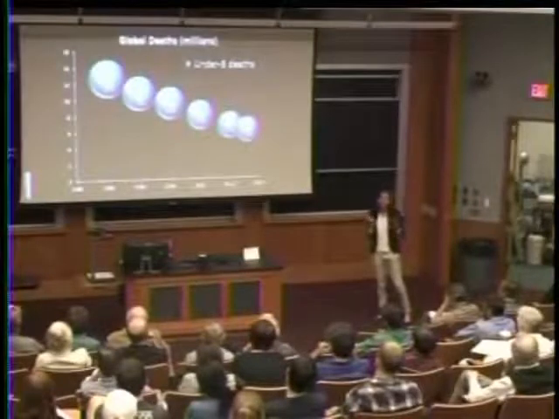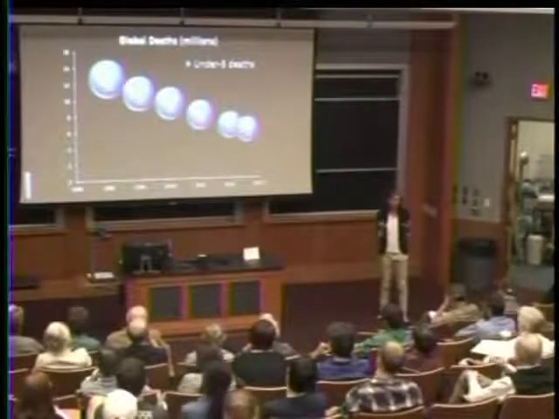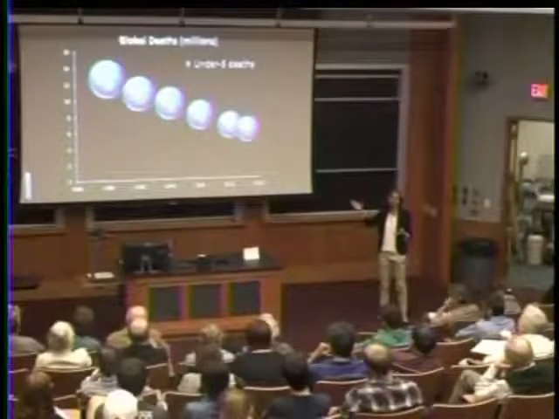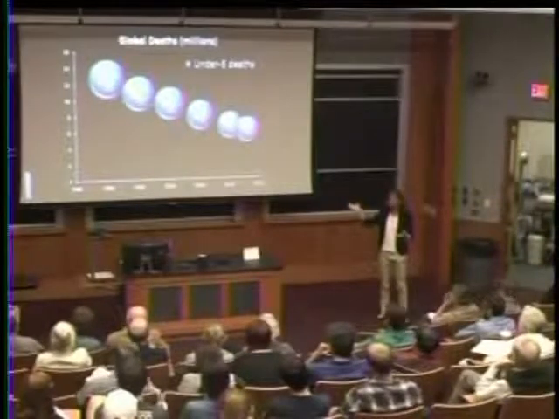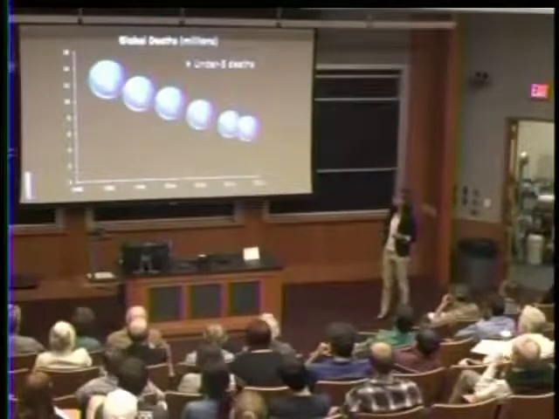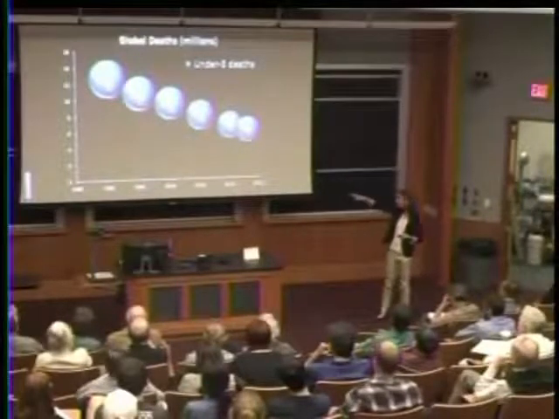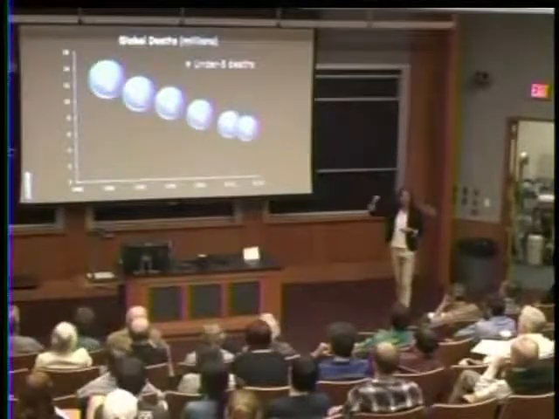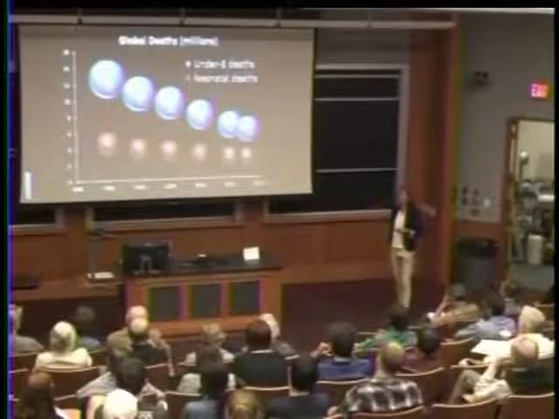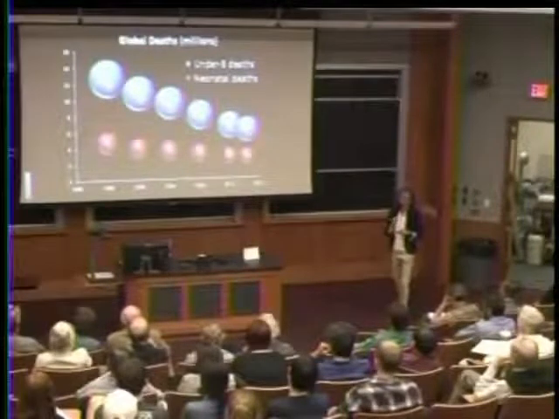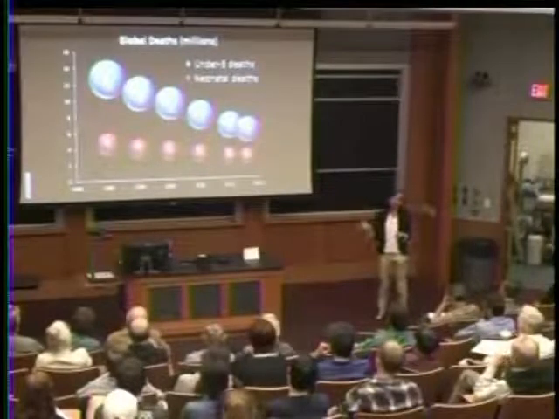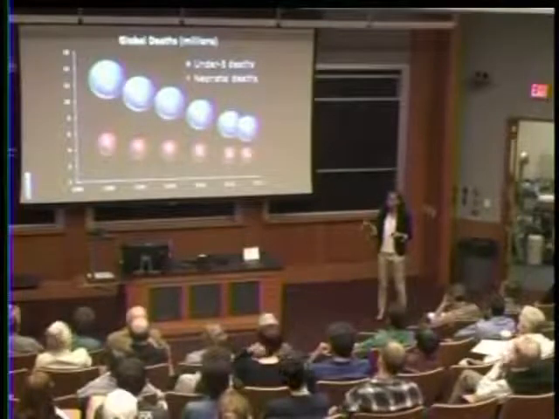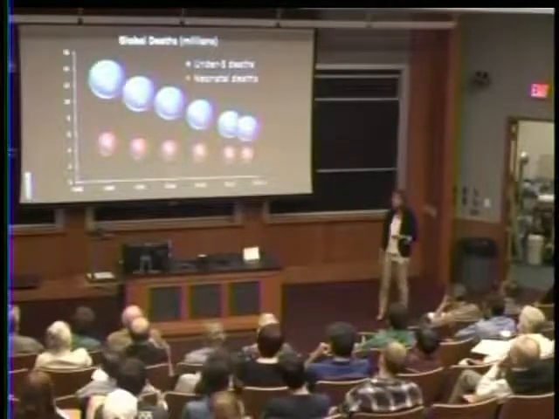And really, the challenge for newborns in some ways is very different than the challenge for children. If we look at how the world did to try and reduce child mortality, we actually did pretty well. This shows the number of children under the age of 5 that died over time in the world. And we did a good job of bringing child mortality under control, mostly by strengthening primary care and childhood vaccination. But if we look at newborn death, that's death in the first month of life, we've made far less progress. And in part, that's because technology plays a bigger role in keeping small and sick newborns alive.